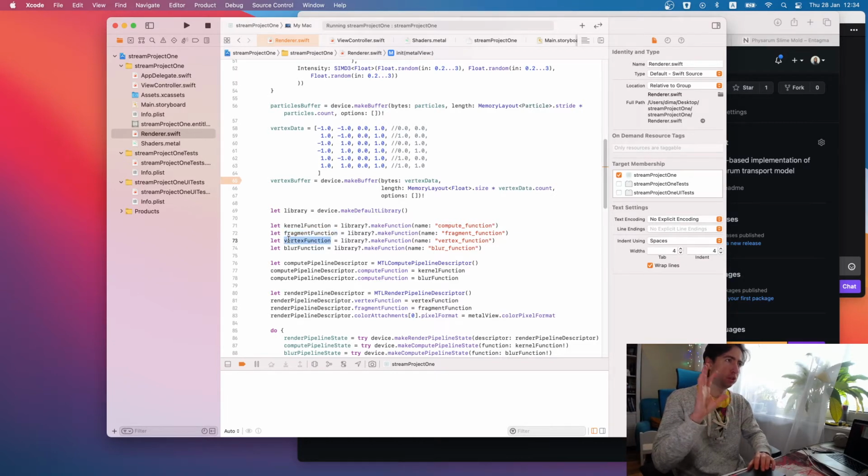Vertex function is to put vertices in the proper places and set correct UV values for them. And blur function is a second step of simulation where we do blur and spread out of this residue.